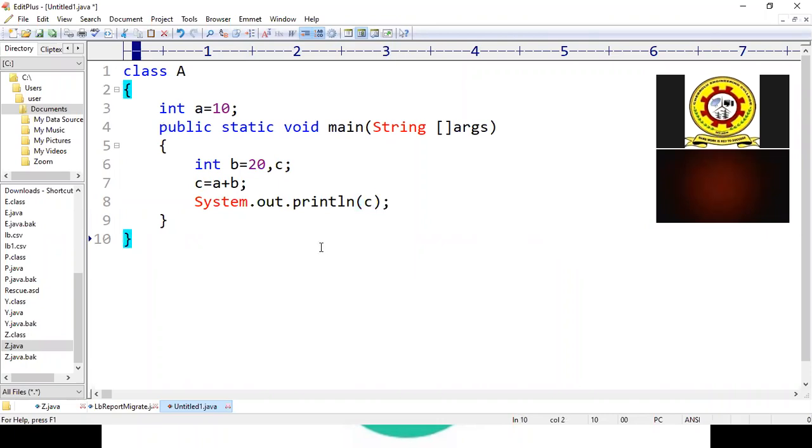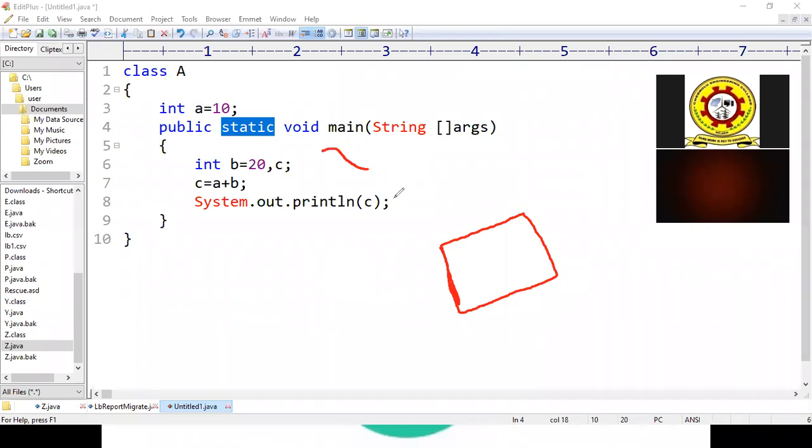So here you can observe we have used the static keyword here, that is before the main method. As we said earlier, whenever we use the static keyword, if it is before a variable, it will be moved into the RAM, and if it is before a block, the entire block will be moved into the RAM. So in the main memory, there will be some space created whenever the compiler encounters the static keyword. In that space, all these three lines are going to be moved.